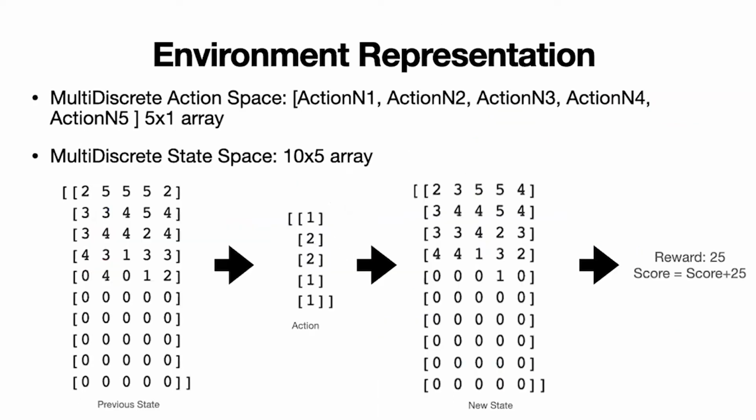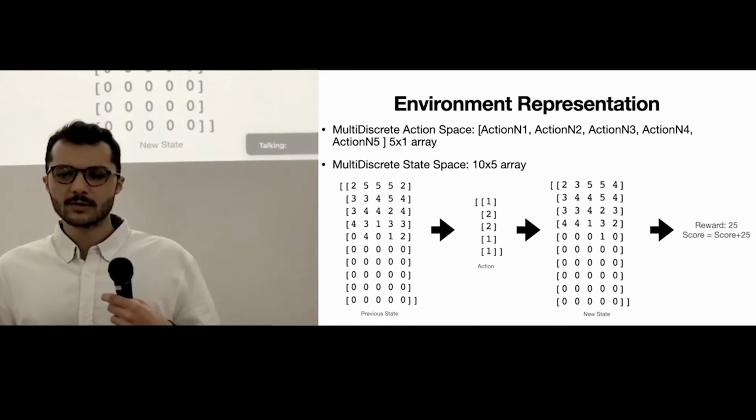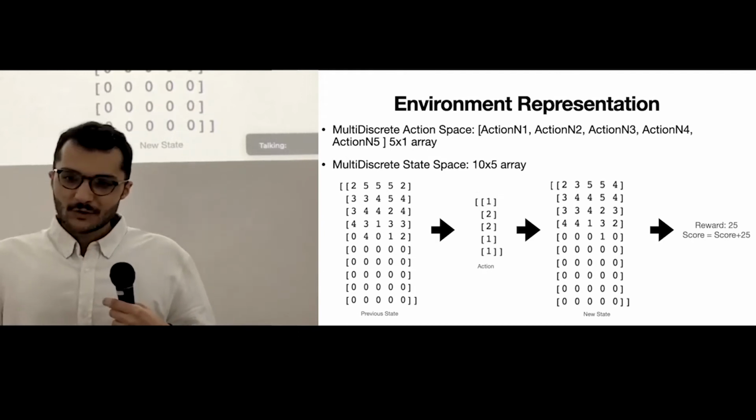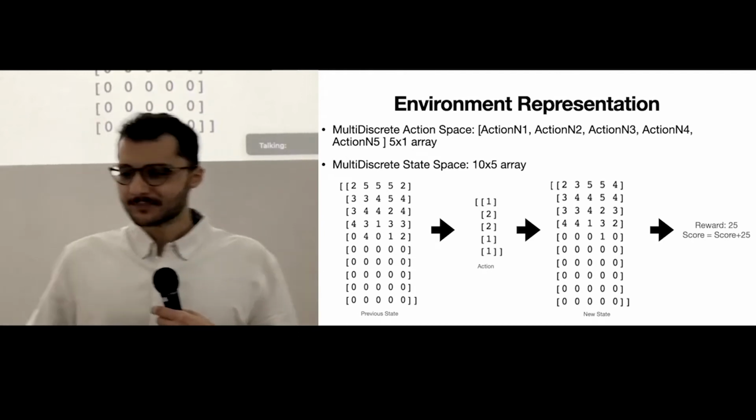So basically, our environment looks kind of like this, which is a multi-discrete action space. So you're taking 5 actions every time. For each action there are 4 options, 3 for node 1 because it has 2 connections, and our state is modeled by a 2D array of 5 by 10. 10 because we decided to have a queue size of 10, and 5 because we have 5 queues. So to make it better visually,